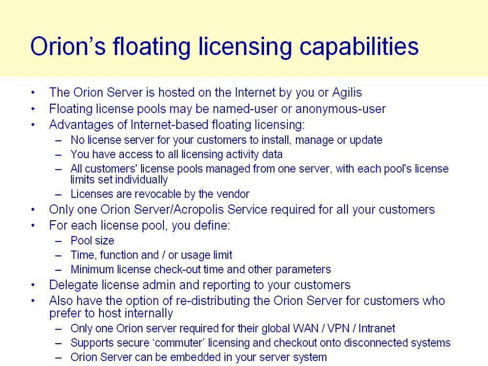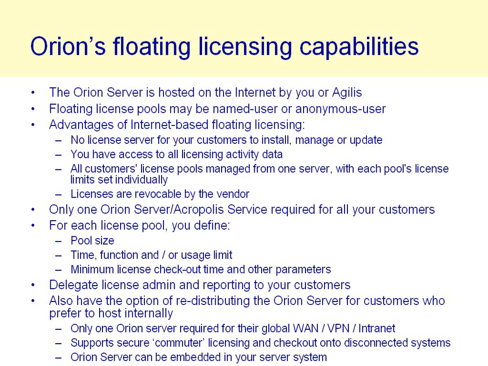It does support commuter licensing, but again, unlike older systems, but securely. So somebody could check out a license onto a laptop for 2 weeks maybe, and while they're off the network, that license is securely locked to that machine automatically, and the license server knows that it's there, and it won't make that license available to anybody else. And people can check out licenses onto disconnected systems, as we've described for the product activation scenario, that somebody could obtain a floating license, for example, via SneakerNet.